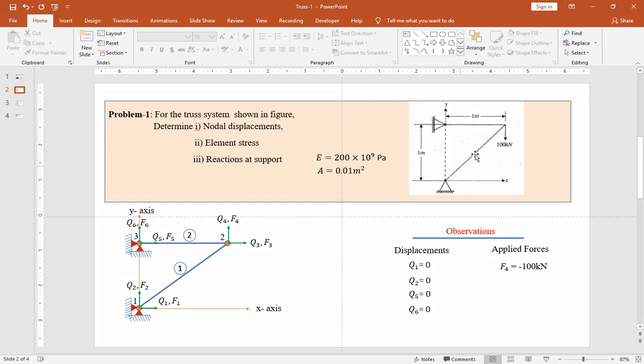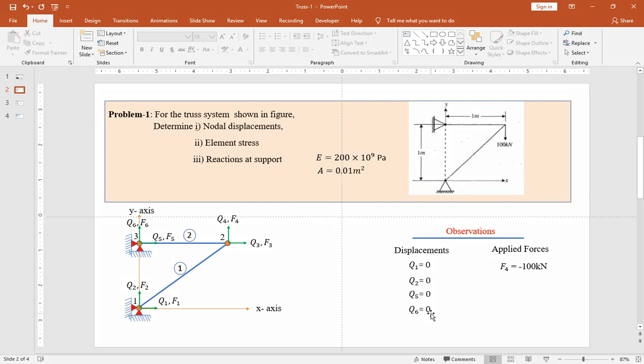Assuming the link element, or the truss element, has two displacements at each node. So here Q1 and Q2 represent displacements, and F1 and F2 represent the forces at each node. By comparing the finite element model drawn here with the given problem, you can conclude Q1 is equal to 0 and Q2 is equal to 0, as these two displacements represent node 1 displacements, and node 1 is constrained.